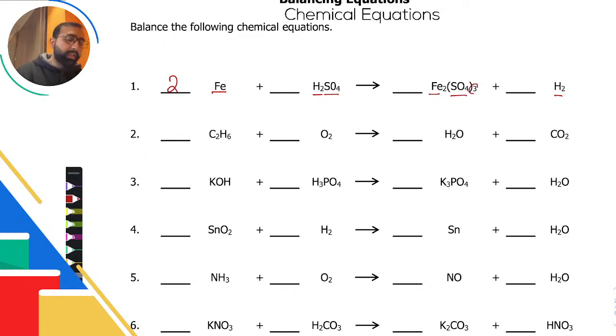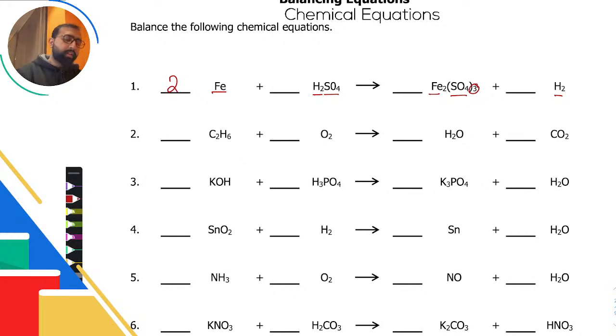I have 3 sulfate on the right side. This number 3 tells me that I have 3 sulfate. And on the left side, I have 1 sulfate. Now, a common mistake is that students assume that this 4 is telling me how many sulfates I have, but that's not the case. The 4 is part of sulfate. This is a molecular ion that we have worked with. So watch the previous lesson if you want to know what molecular ions are. So this 4 is actually part of this, which means I technically just have 1 sulfate ion. This whole thing, SO4, is 1 sulfate.